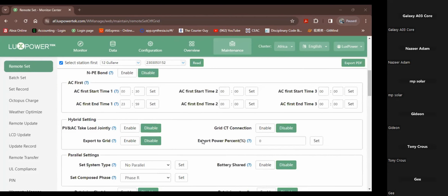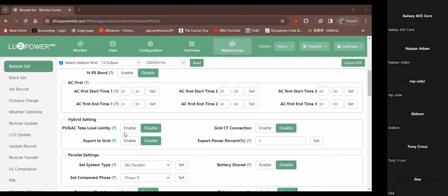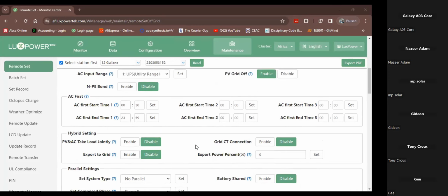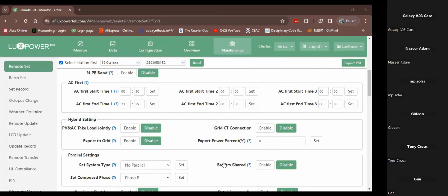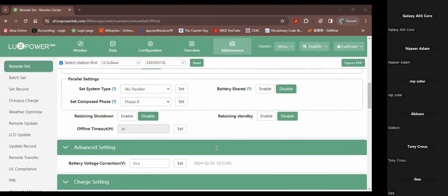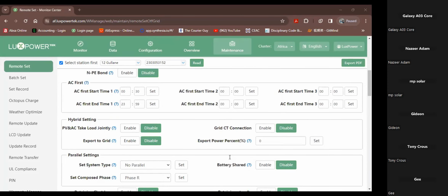You make sure that your export is set to 0, and also disable if there are no solar panels, like in this particular case here. I've disabled the PV and the hybrid function, so the machine runs during these times. It runs as an on-grid machine all the time, and the export is set to 0. You can make sure of that, and then I just want to see if we have